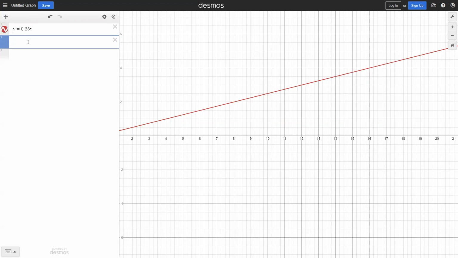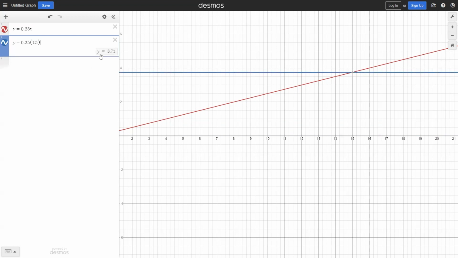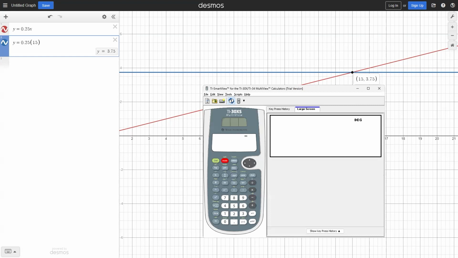If you go over here, you can just do the same thing, y equals 0.25, but instead of x, just replace it with 15, and it will tell you that your y value is going to be 3.75. It also shows you another graph, a line, and where they intersect. So that's another way. If I'm using the calculator, then what I want to do is press the table button,